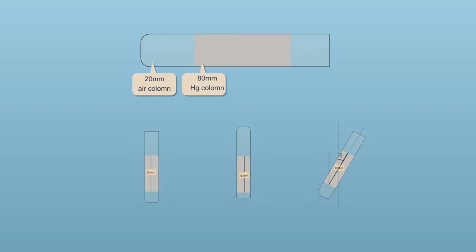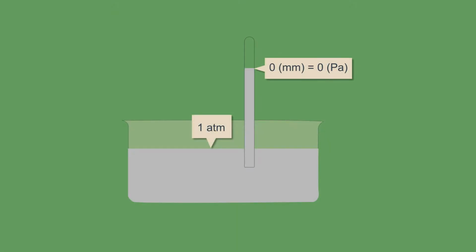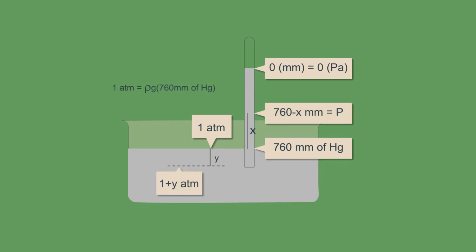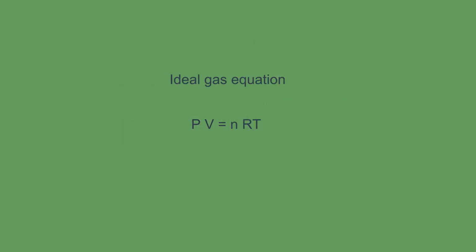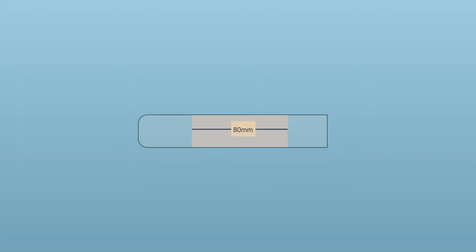In this question, we will use 3 important concepts to solve this problem. The first is atmospheric pressure is equal to 760 mm height of mercury. Second is pressure difference between 2 points is rho gh, where rho is the density of the liquid and h is the vertical distance. That is the distance between the points in the direction of g. The last concept is ideal gas equation, that is PV equal to nRT. Let's solve the problem now.